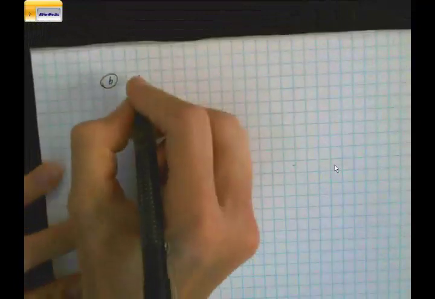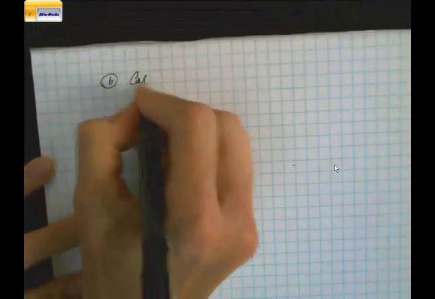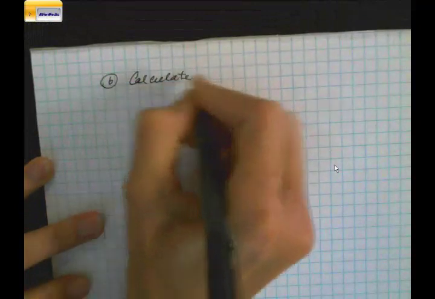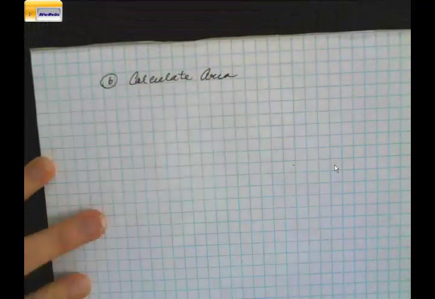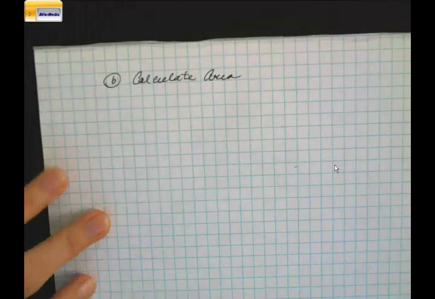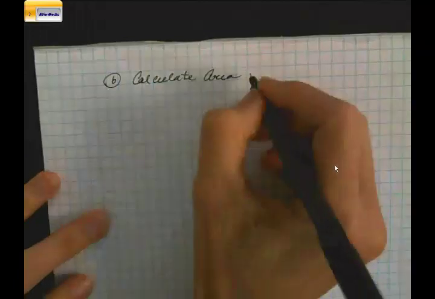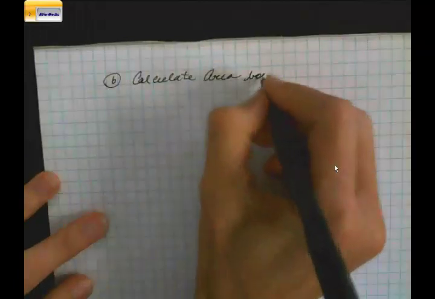Okay. Suppose we want to calculate the area. It doesn't say just integrate. It says calculate area. So it doesn't just say integrate. This means make everybody positive. Calculate the area bounded